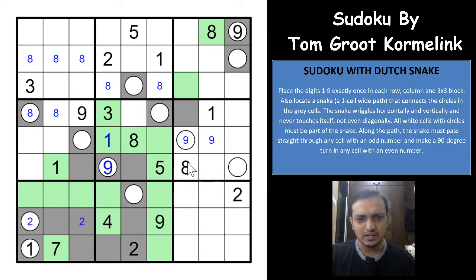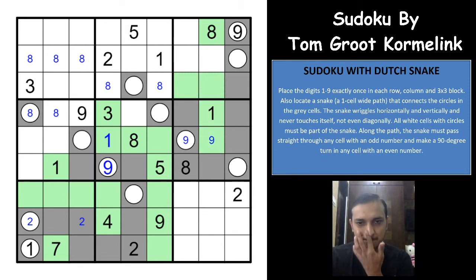So this would have to be a snake cell, and because of the even number here, this would have to turn here and this would have to go up somewhere like this, right? Excellent. So this has a turn here now, and it cannot go down, of course, because the end point is here, not somewhere here. So this would go up, again go up, again go up, because it cannot touch itself even diagonally. All of these are non-snake cells now.